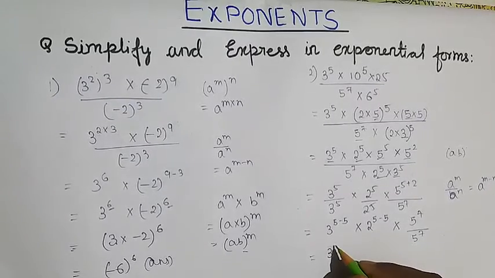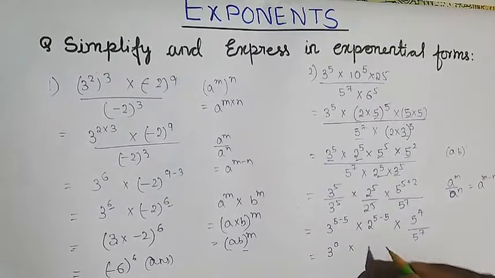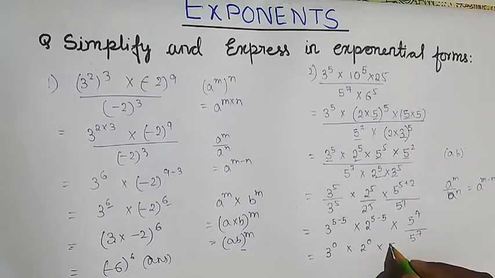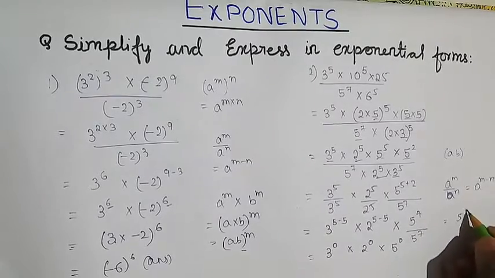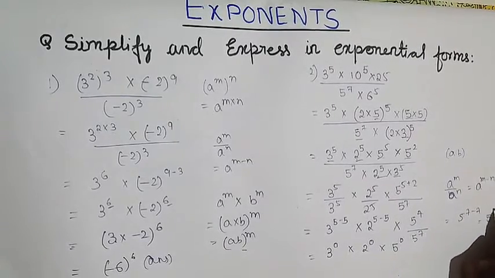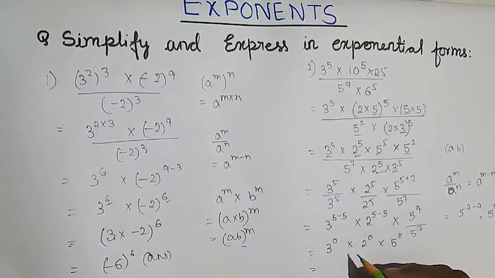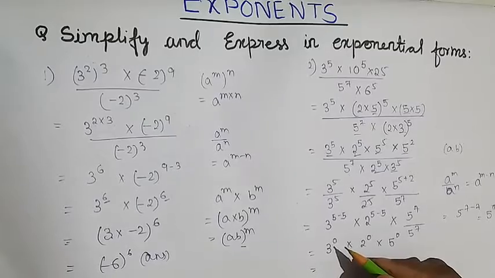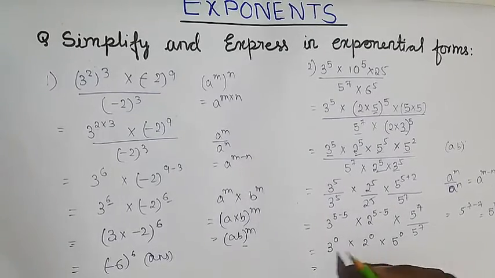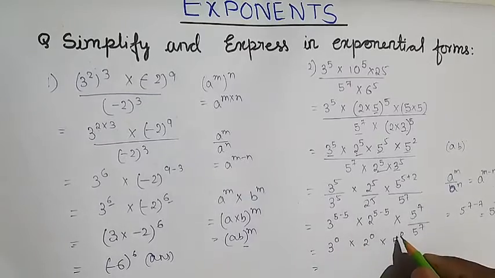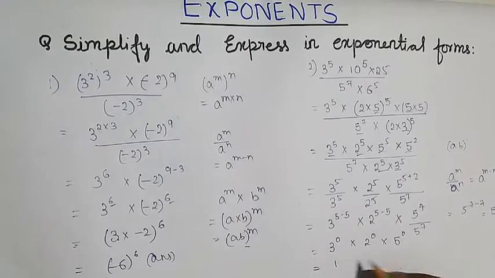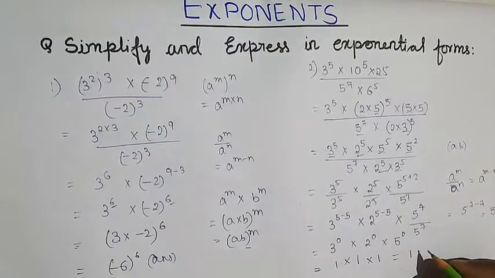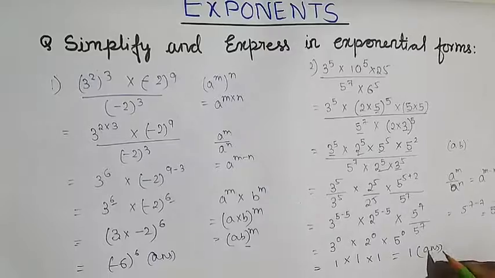And this can be written as 3 raised to the power 5 minus 5 is 0, alright, into 2 to the power 0 into, again if we subtract the two powers we will get 5 raised to the power 0, because this is equal to 5 raised to the power 7 minus 7, which is equal to 5 raised to the power 0. Alright, now what I told you earlier, that if any number however large or small has a power of 0, the result is always 1. So we can see here they all have the power of 0, so that will ultimately come to 1. Alright, so this is equal to 1 into 1, which is equal to 1. So the answer is 1.